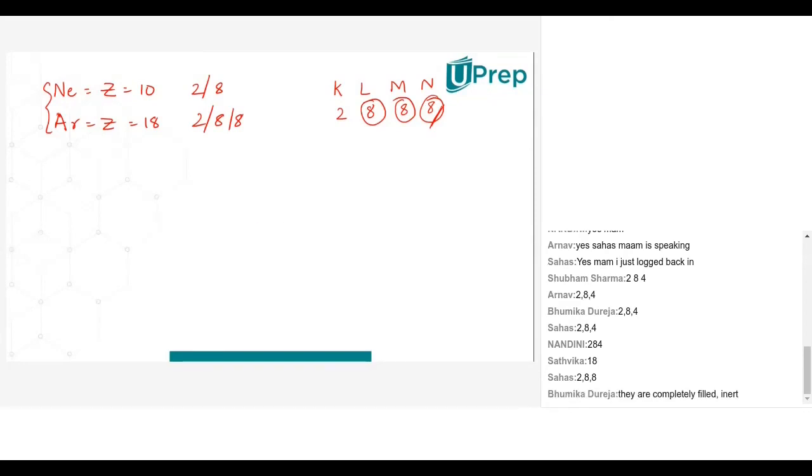They are noble gases. Okay. So what is the meaning of noble gases? Noble gases cannot react with any other element in a chemical reaction. Very good. Yes. Noble gases are inert, meaning that they cannot react with any other elements. Noble gases are very, very stable. They don't react. Okay. So that is what noble gases are.